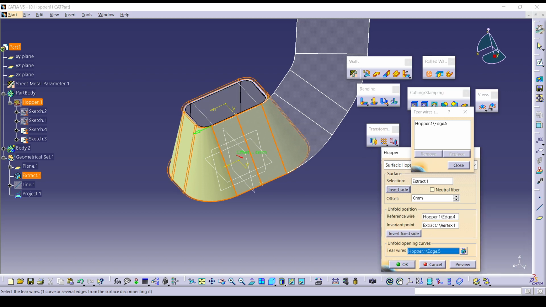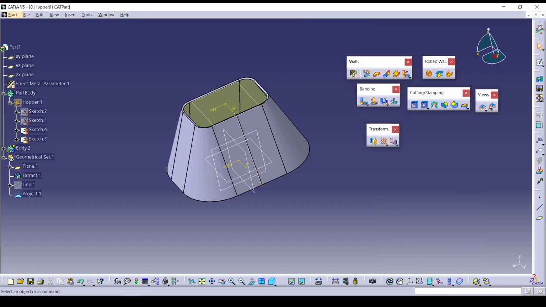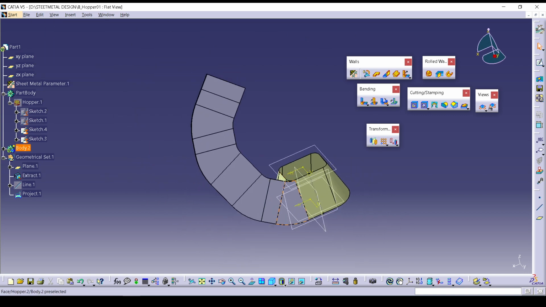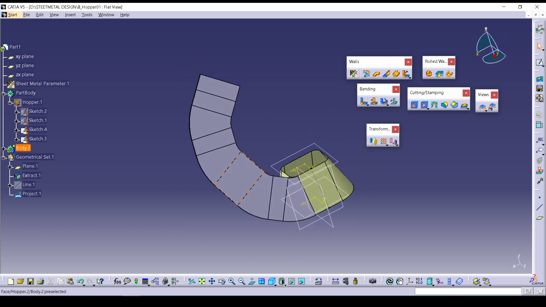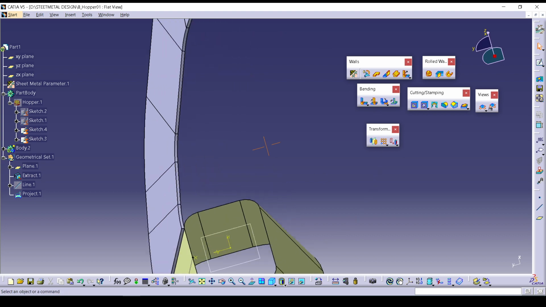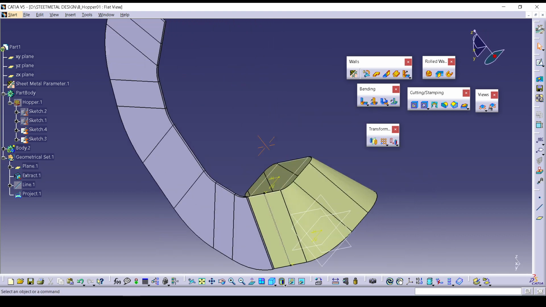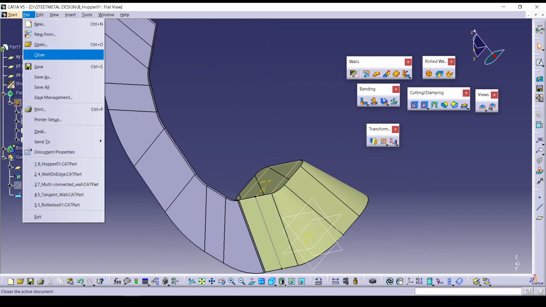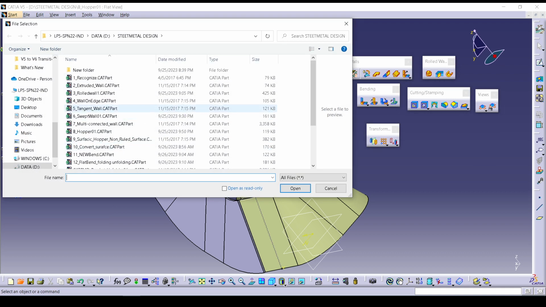Here on the other side, I want, yes, the hopper is coming. Now if I go to unfold this hopper, it will unfold from this edge. Okay, so like that you can define the hopper by using the ruled surface. Now if it is a uniform cross section surface, ruled surface means it is a uniform cross section surface. If it is a non-uniform surface, let's say a non-ruled surface,